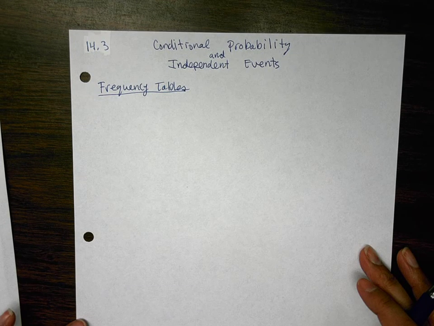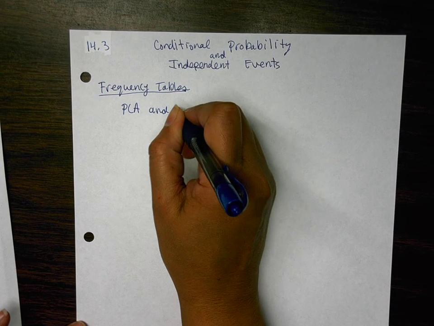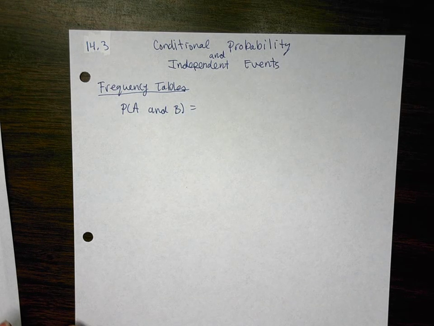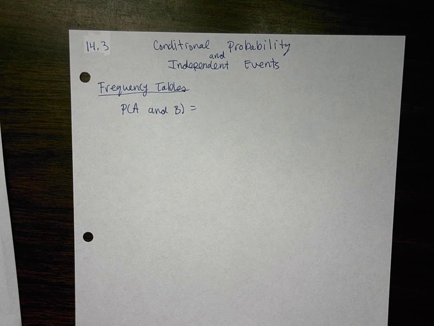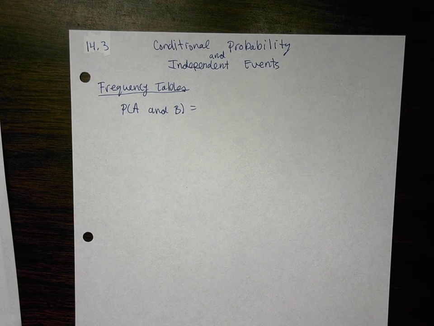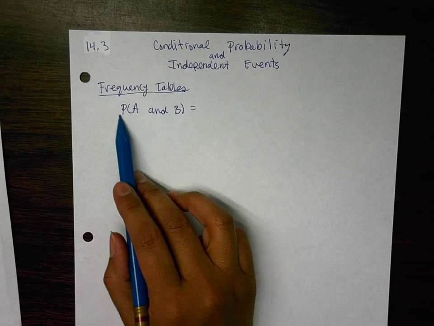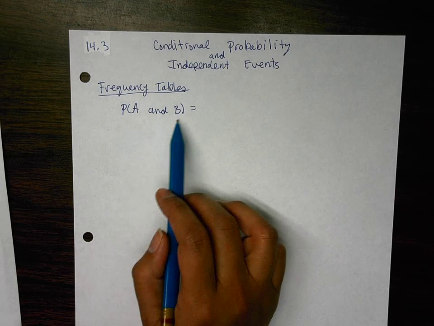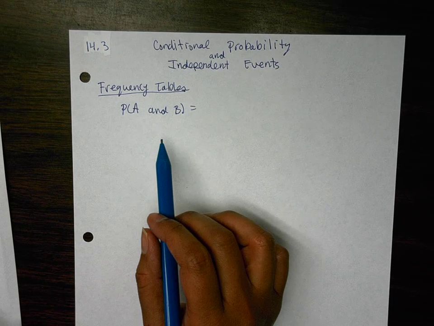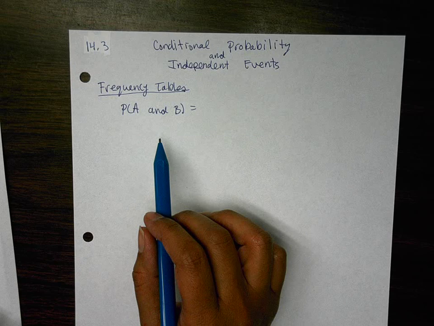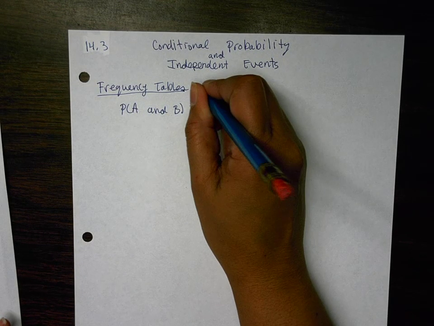When we're working with our frequency tables, the probability of A and B happening is... Halvid, please focus. Okay, question I have for you guys. When we were dealing with mutually exclusive, does anybody remember what this was? It was 0. And it was 0 because they could not happen at the same time. Do you agree? Okay. For us, when we're dealing with frequency tables, I'm going to put here or Venn diagrams,